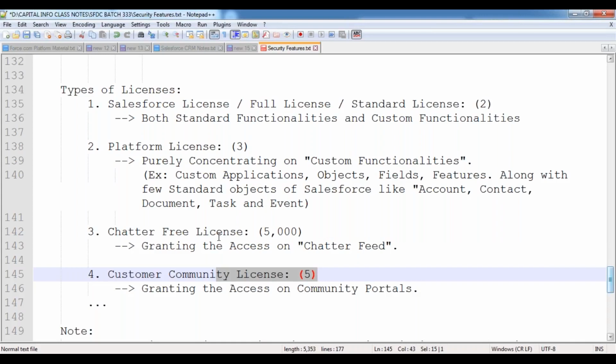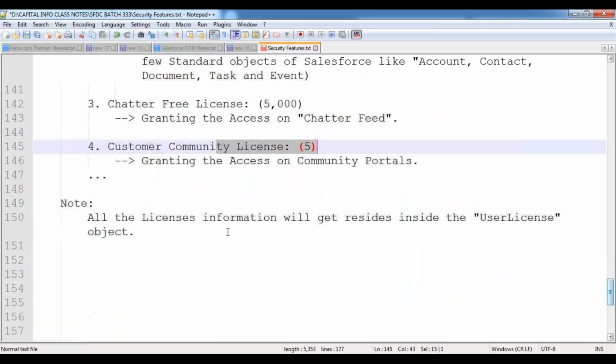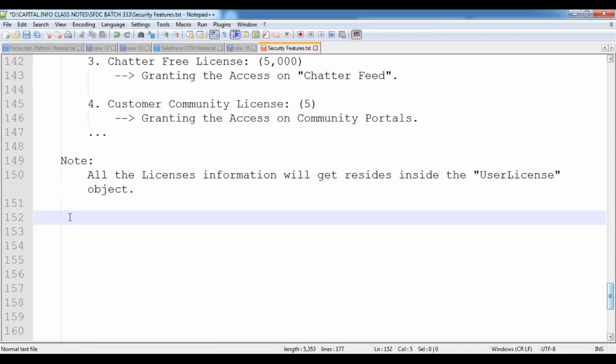Now, where can we see all this license information? Suppose, for example, today I want to add a new user. How do we know whether a license is available or not? If the license is available, only then can we add the user. So how can we do that? Now let me explain. If you want to see all the license information,